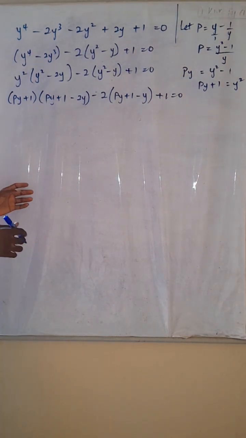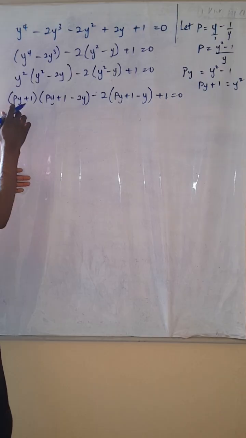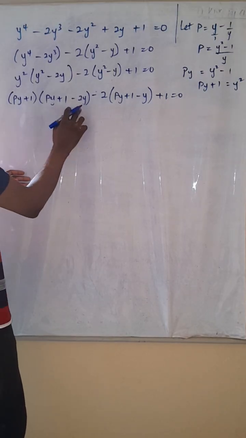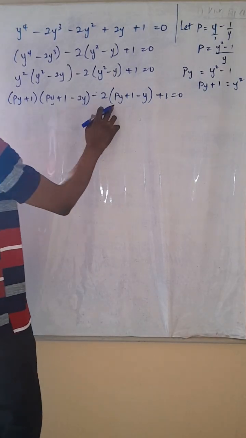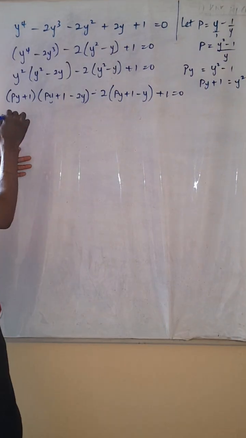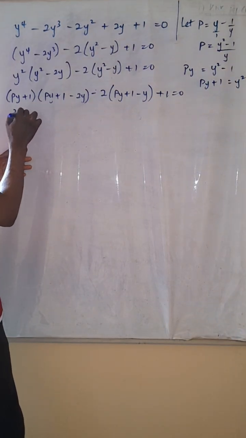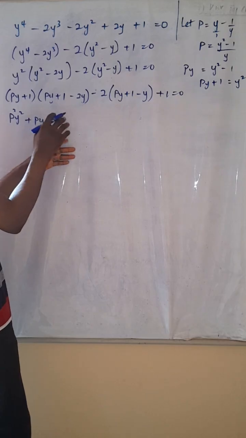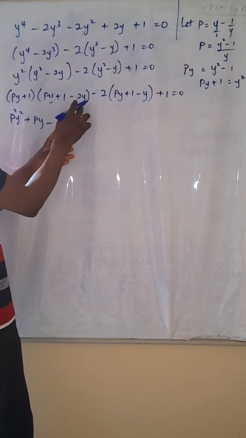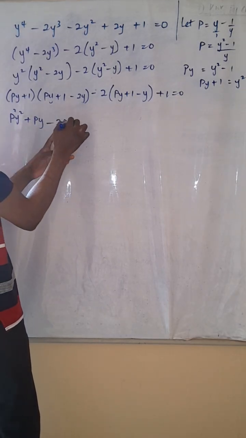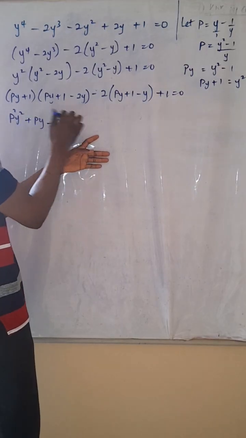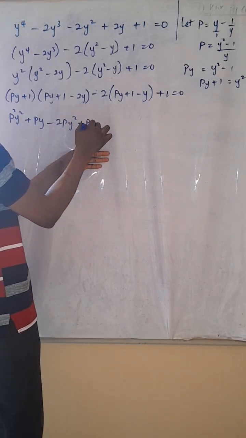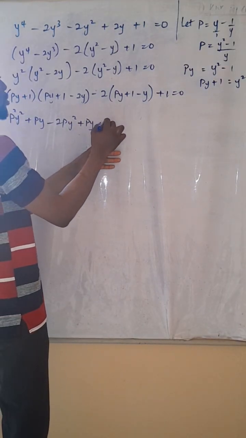Expanding. Let's expand as quickly as possible. I'm going to use this to expand all this, then use this to expand all this. The same thing goes here. So I have p squared y squared, then plus py, minus py times this is 2py squared. Then using 1 to expand, plus py plus 1